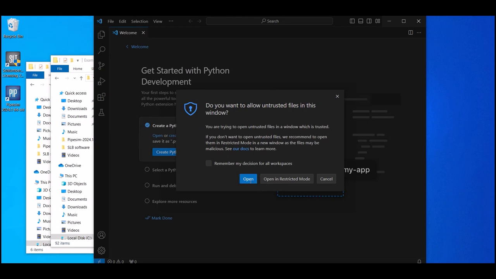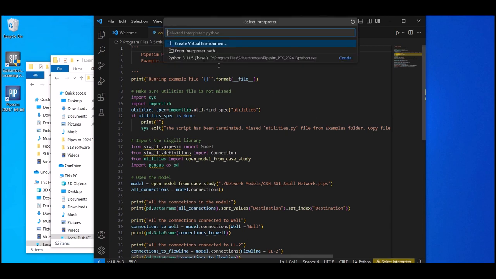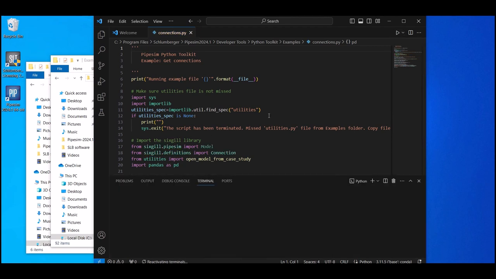I need to agree to run it in my VS Code installation. If you have a look at the right bottom corner, you will see that the interpreter was not selected. So I click on this button and I select my last installation from the drop-down menu. If you have several Python versions on your machine, you may select each of them, or you may change version when you need. So I'm just going to select it, the environment was loaded properly, and now I need to run this script. So I go to this run button, click run, and in the terminal window I can see the process